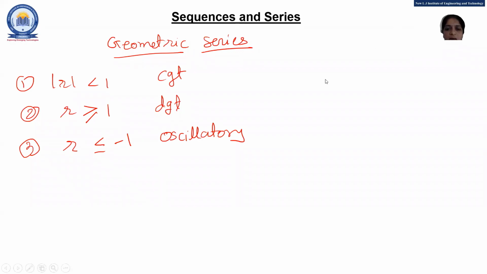And this r is what? r is the ratio between two consecutive terms. Okay. So, let's start the example of the geometric series. My first question is, prove that